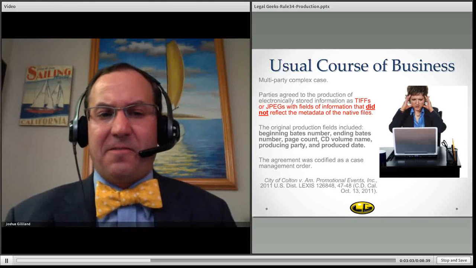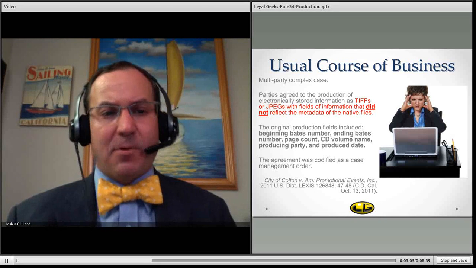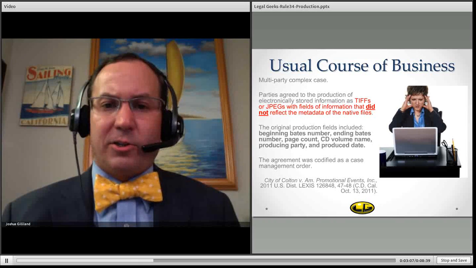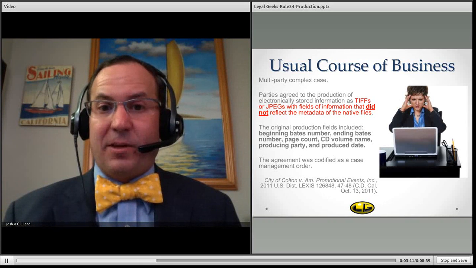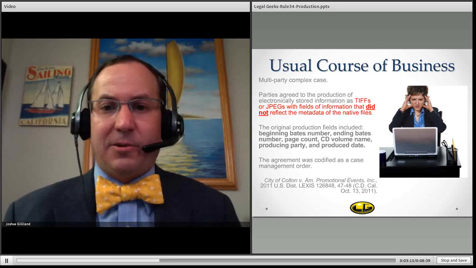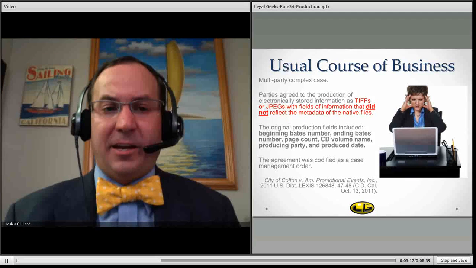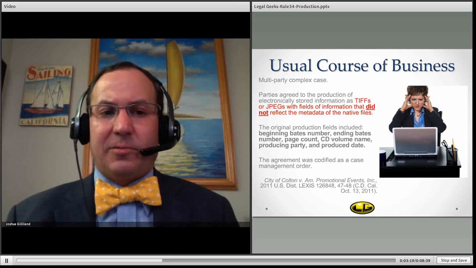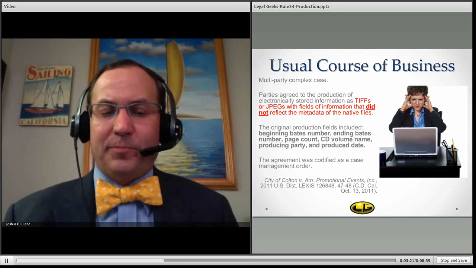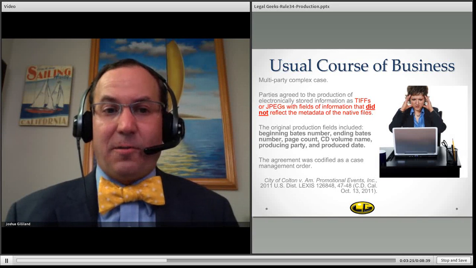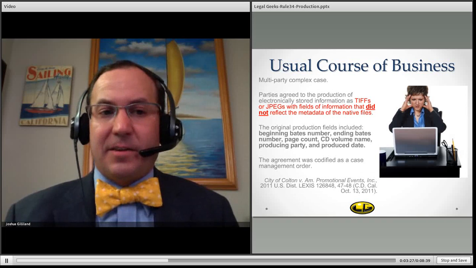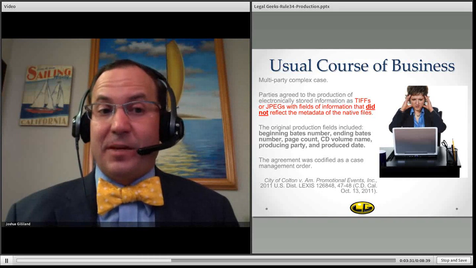So they effectively forced a paper model onto electronically stored information, so that ESI converted to paper would have beginning Bates numbers, ending Bates numbers, page counts, CD volume name, producing party, and production date. All of those things that would kind of make sense in a paper model, but they're forcing it onto ESI, and they completely discarded all the metadata that came with those native files that would have corresponded with everything under